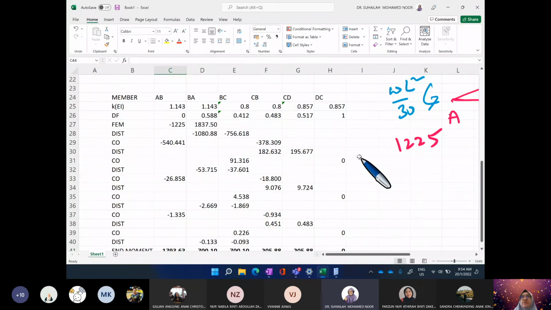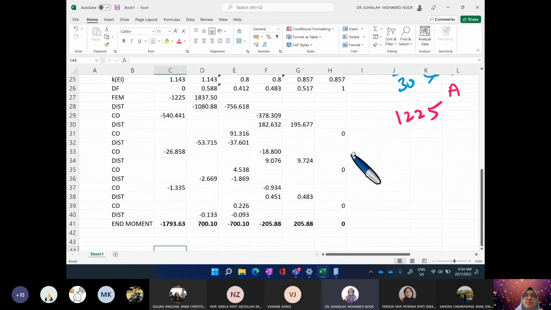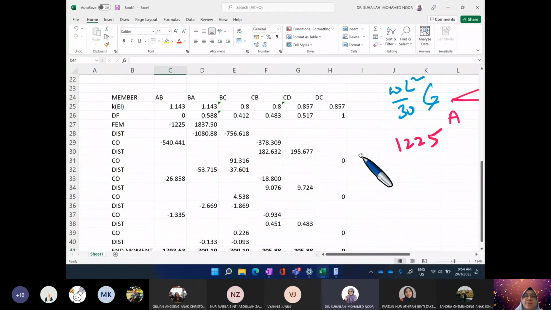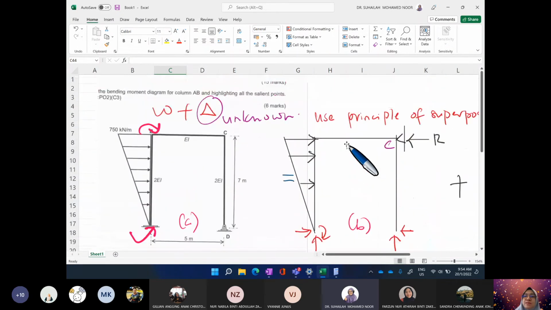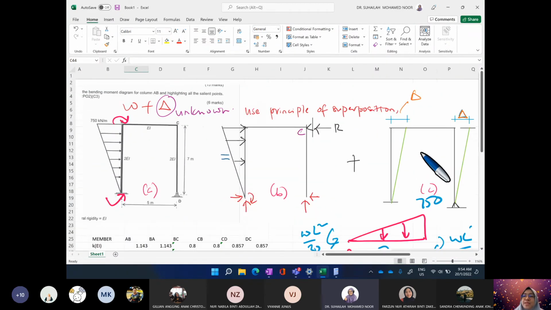We will actually introduce a new frame, which is subjected to R prime value, and we will assume the FEM value, and lastly we will calculate the M value in diagram C